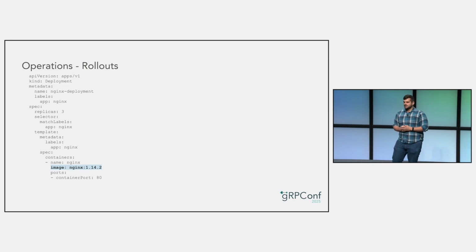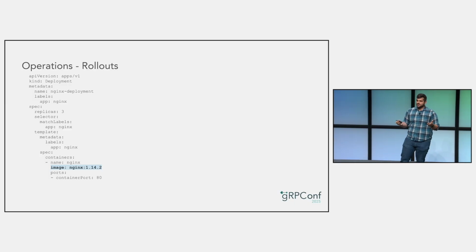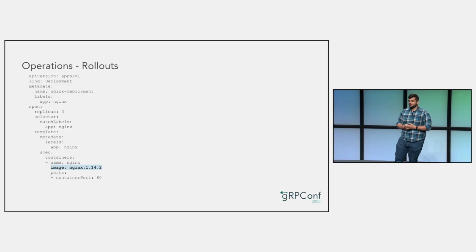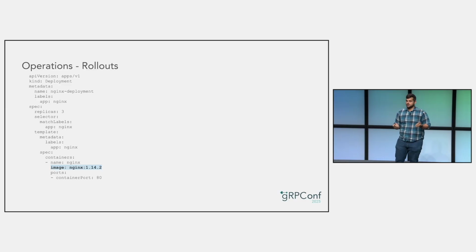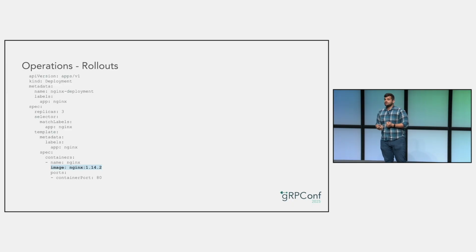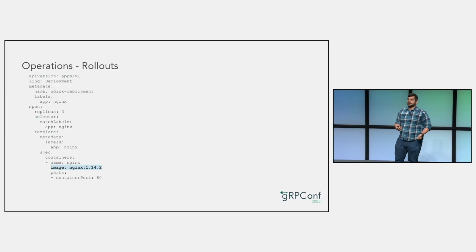The other operations task Kubernetes is great for is rolling out a new version of a service without interrupting user traffic. Kubernetes does this using a rolling update of a service. Say you start with 3 pods servicing requests at version A, and you want to update them all to version B. With Kubernetes, all you have to do is update the deployment's version from A to B. Kubernetes will bring down 1 pod at version A, bring up a new one at version B, and repeat this process until all pods are running version B.